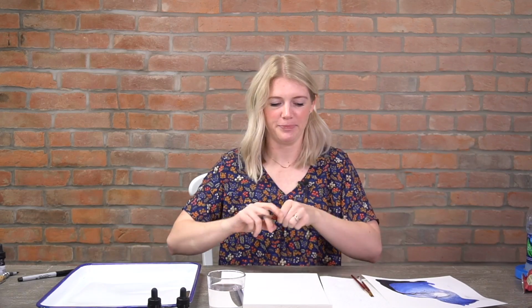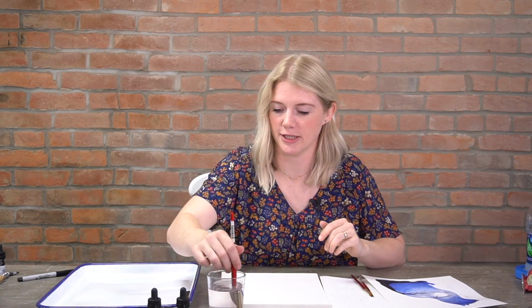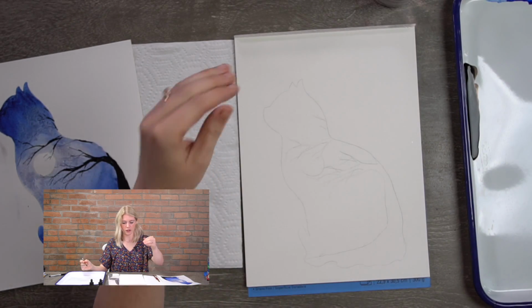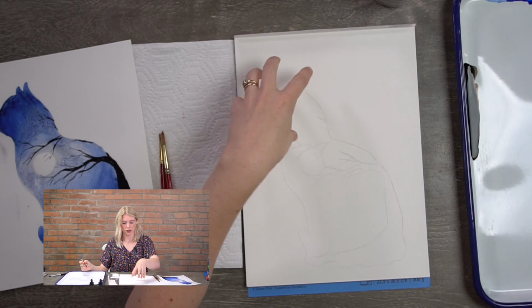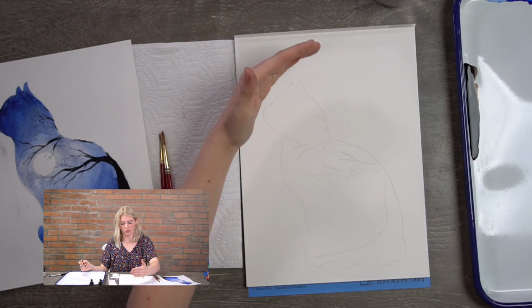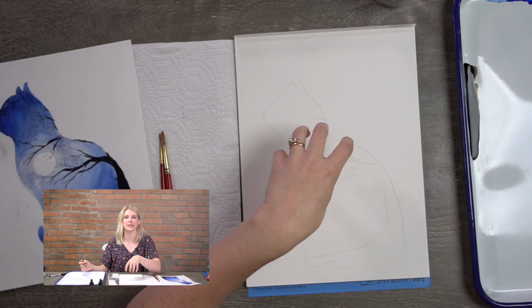You ready to go? Yeah, let's do it. Okay, so I did paint this using a round 6, but I'm just gonna use a round 2 because it's easier. But don't feel like you can't paint this if you have the round 6, because you can, and I did. So the very first thing I'm going to do is start at the top of the head, on the edge here, and then as it gets closer to my moon, it's gonna get lighter, and that's because the moon itself